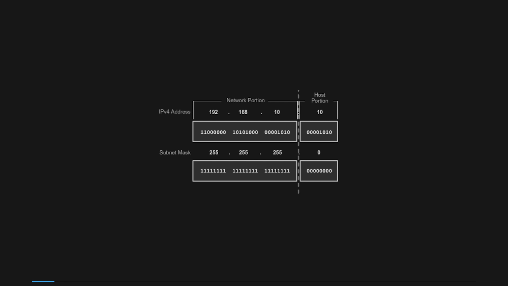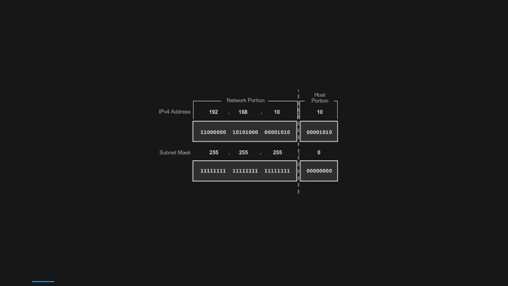By examining the network ID, network devices can determine the appropriate path to route the IP packet towards its intended destination network. On the other hand, the host ID is situated in the low order or rightmost bits of the IP address, representing the unique identifier for a specific device within a given network. It helps distinguish individual devices within the same network segment, allowing data to be directed to the correct recipient. By combining the network ID and the host ID, an IP address enables effective communication and data exchange between devices across different networks. Network devices utilize this addressing scheme to route packets accurately, ensuring that data reaches the intended destination.